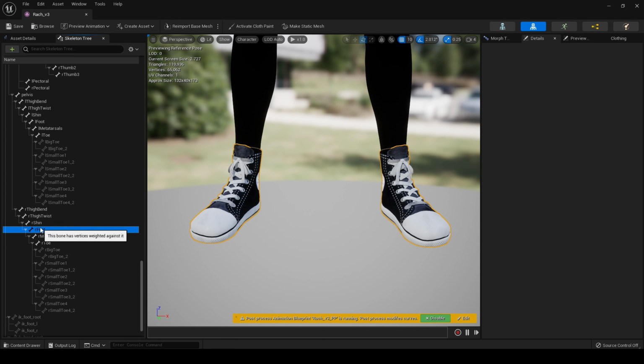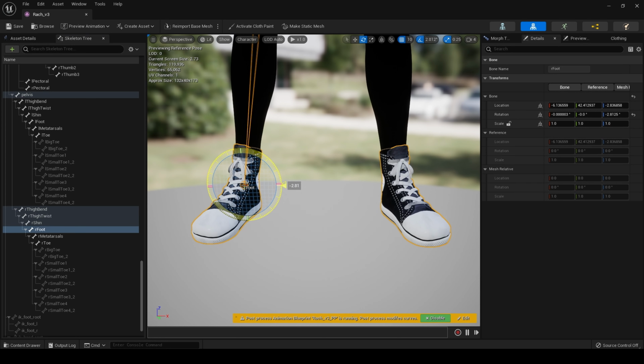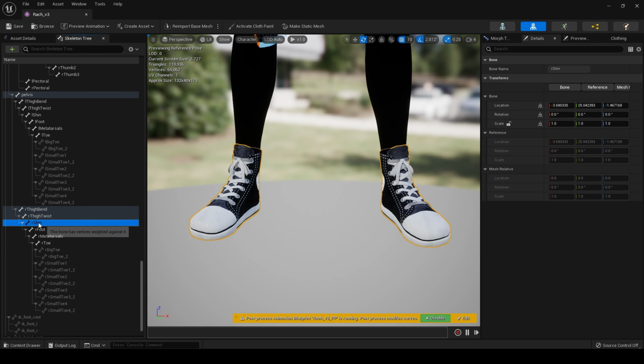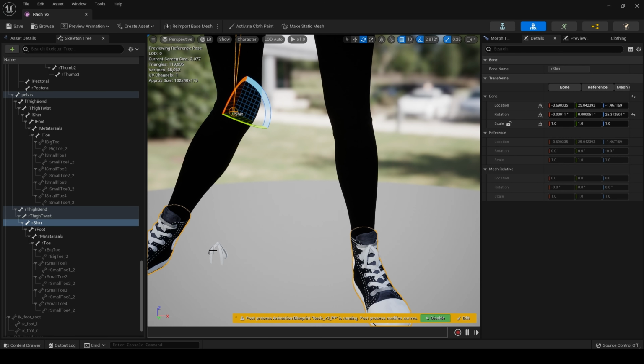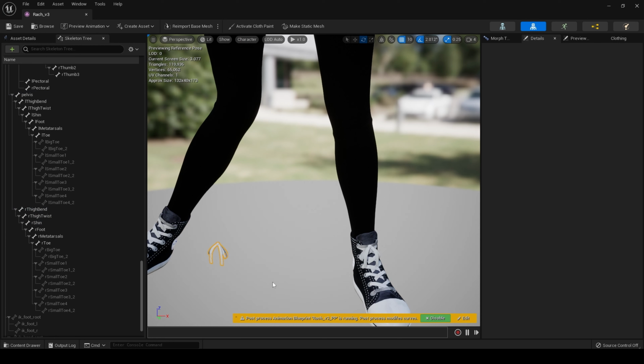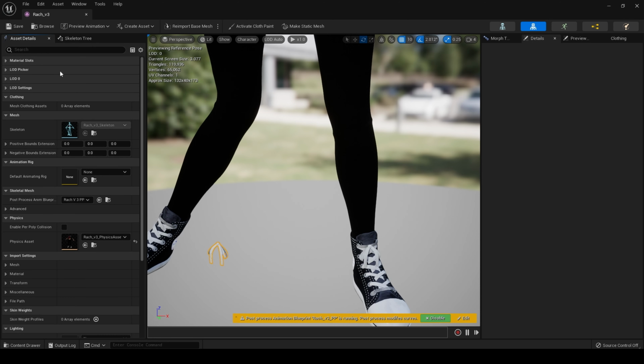So let me go to foot, and I'll just pose the foot somehow. Let me, like this. No, maybe the shin. Let's click on the, where's the shin? There we go. I just want to move the leg. You see? It's not animating. Now, obviously you would take this into an external program like Blender and deal with it there, reattach it, weight paint, etc. I haven't got time for that with this tutorial.